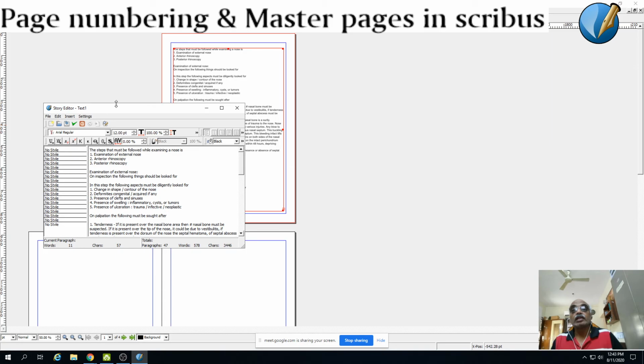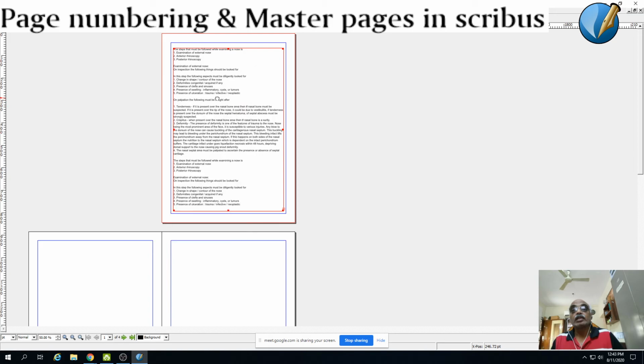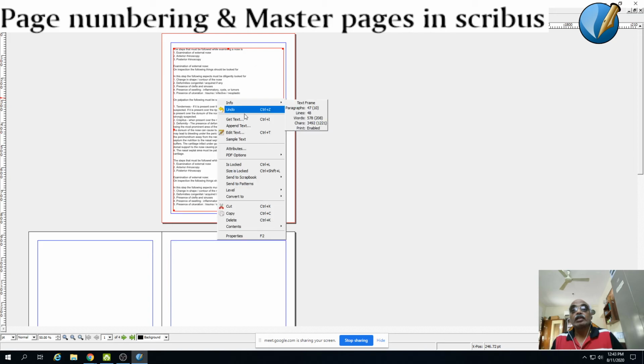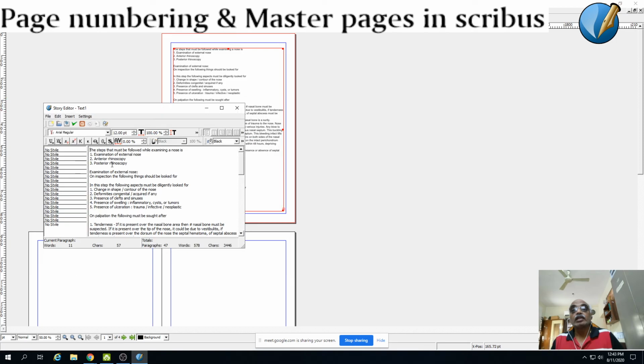This is actually another feature I want to show. That is the reason why I brought you here. After importing the text, I'll tell you how I came to this. Just right click it and then say edit text. It will automatically take you to the story editor. Why you need the story editor is you can apply styles. For example, if you want to apply a style to it, just say I'm going to apply a default paragraph style to this. You ensure this.